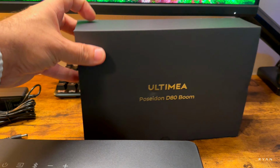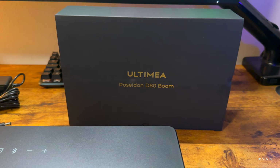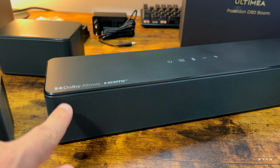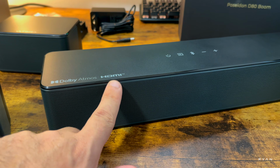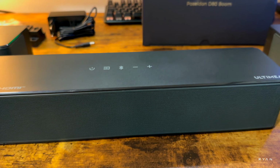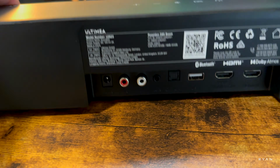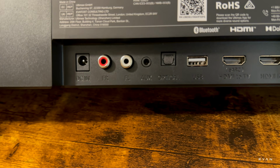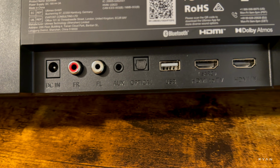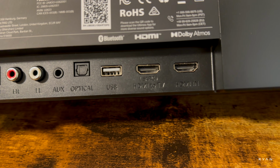One thing I need to mention is I like this new branding here, the black with the golden letters there. And guys, if you look at the main soundbar here, we can see the Dolby Atmos logo there, HDMI. This looks like metal. You got your touch buttons there at the top, ULTIMEA logo there. And if we look at the back here, we can see our I/O. So got the power in, front right, front left, aux port, optical port, one USB, one HDMI eARC in this